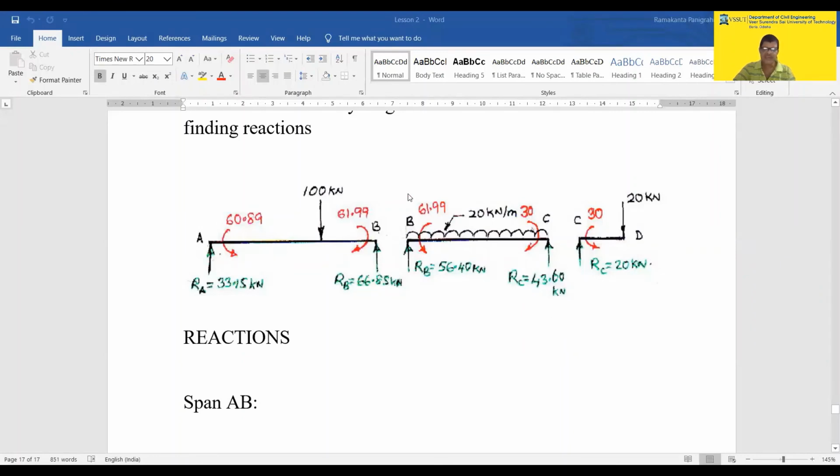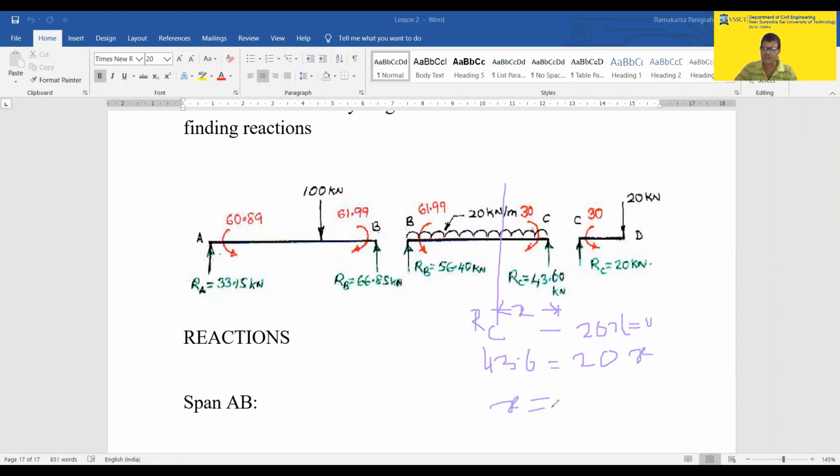Now I can go from this side. I can write the equation where shear force changes sign to find the maximum bending moment. Here it comes under the load, but in this part it does not come under the load. But I can say RC. You can take a section here X at distance x. The shear force is equal to RC minus 20 into X, which is equal to 0. What is RC? So 43.6 is equal to 20 into X. You can calculate the value of X.